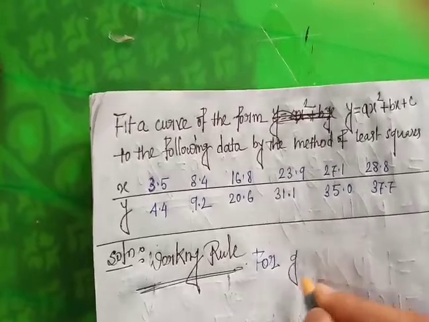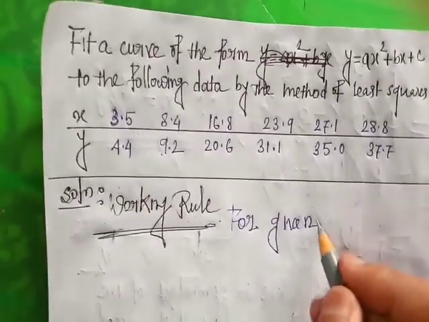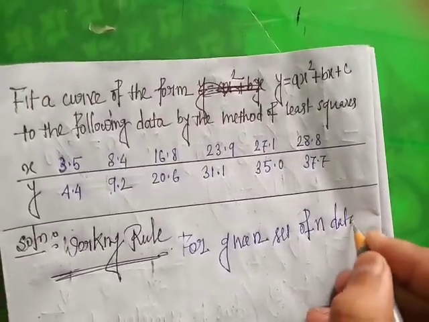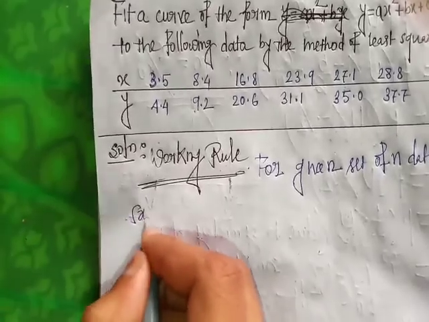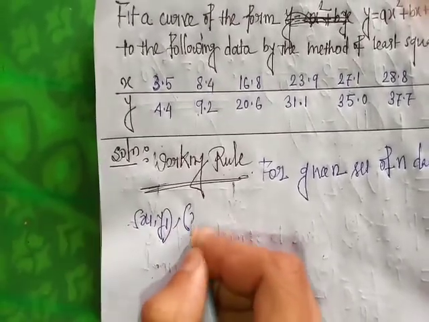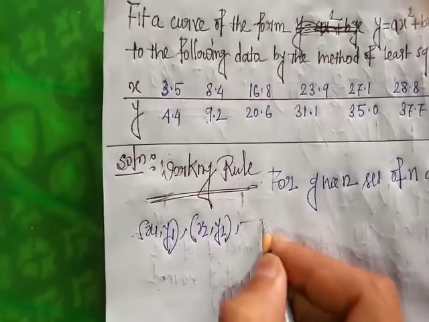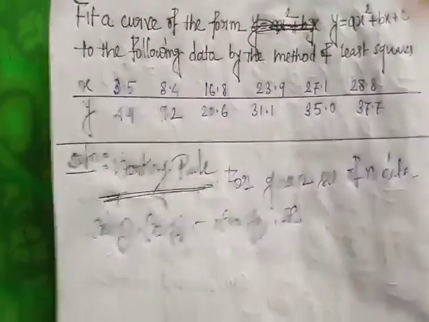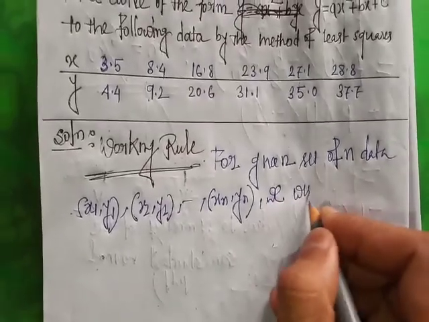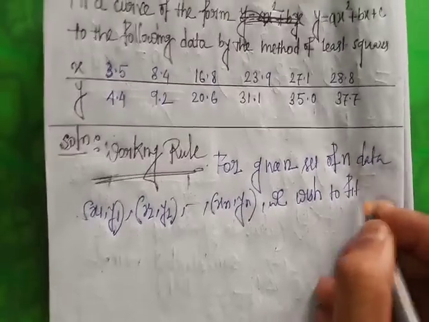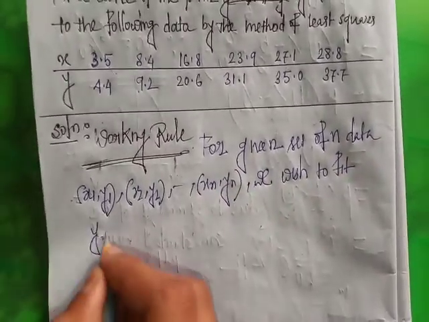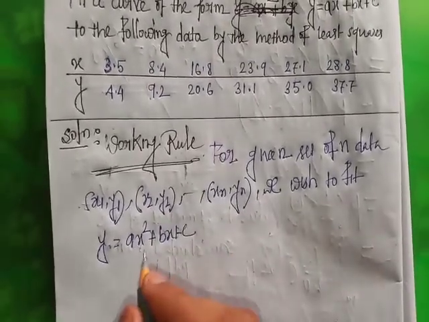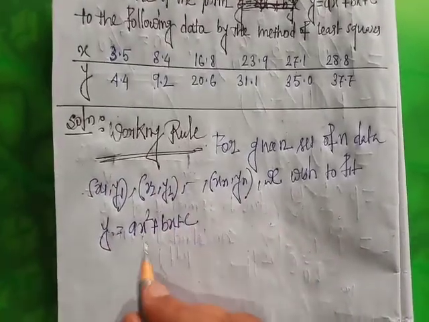For a given set of n data points (x1, y1), (x2, y2), ..., (xn, yn), we wish to fit y equal to ax square plus bx plus c. Here the normal equations are